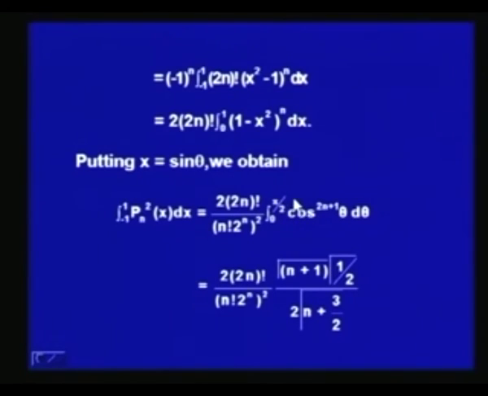Here the power of sin theta is 0, while the power of cos theta is 2n plus 1. So using the formula, integral 0 to pi by 2 of sin theta raised to the power m, cos theta raised to the power n d theta, equal to gamma (m plus 1) by 2 gamma (n plus 1) by 2 over 2 times gamma (m plus n plus 2) by 2, we have evaluated the value of integral 0 to pi by 2 of cos theta raised to the power 2n plus 1 d theta as gamma (n plus 1) gamma half over 2 times gamma (n plus 3) by 2, which is multiplied by this coefficient 2 into (2n factorial over n factorial into 2 to the power n) whole square.